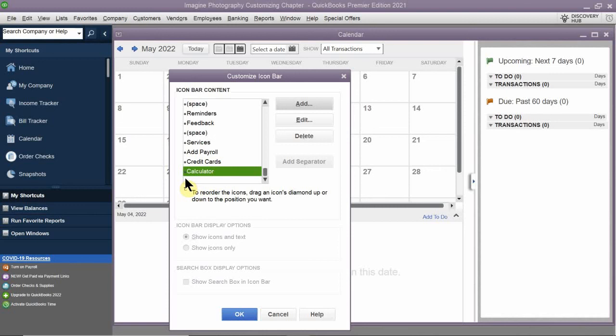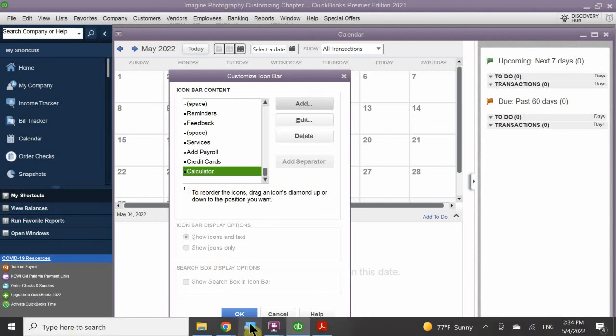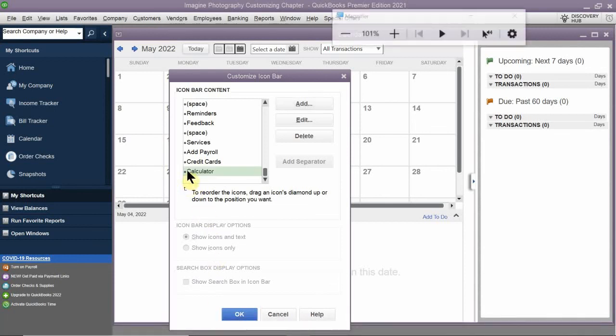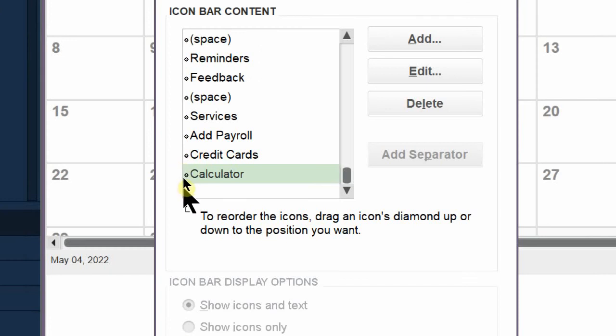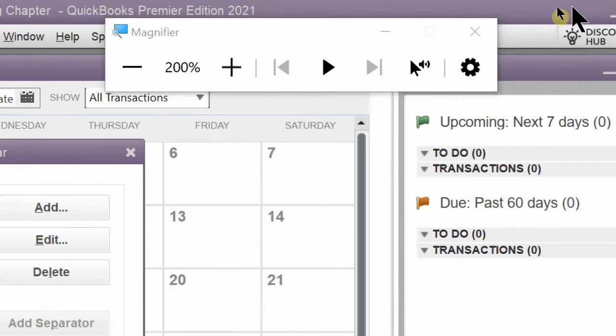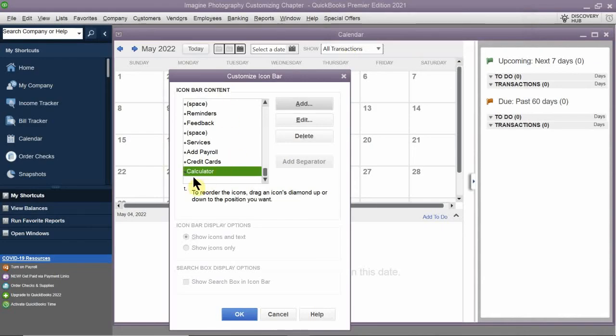So if you remember from yesterday's lesson, this little black dot, if you actually look at it very carefully, so I'm going to zoom in real quick, that is an actual diamond. You see that? If I put my mouse over it, my mouse becomes a cross with arrows on it. That means I can click, hold, and drag that calculator and place it wherever I want to place it. Okay, so that's what I'm going to do. I'm going to roll my mouse over it till it says, there you go. There's my arrows. I can click, hold, and drag it,